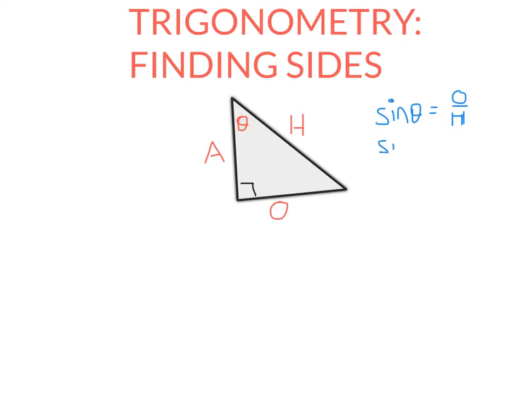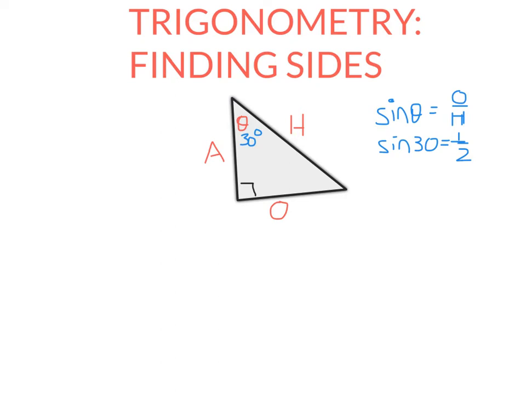So if you put on your calculator, for example, sine 30, you should get a half. So if you get something different, it might be in the wrong mode. You need your calculator to be in degrees mode. Sine 30 equals half. So that means if this angle here were 30 degrees, then the opposite side is half